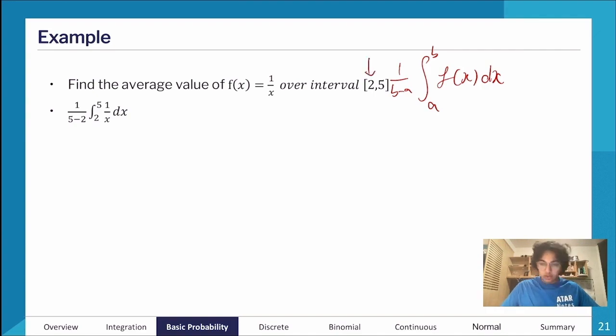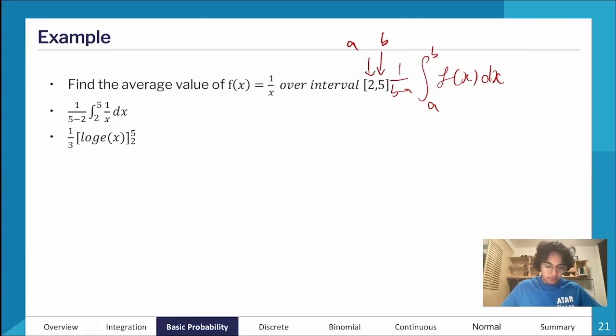So maybe even in the question when I'm reading it, I'd annotate what a and b are, just so that when I actually answer the question, I'm not missing key pieces of information, and I'm not just randomly putting things in places where they shouldn't be. So I annotate the question, and then I substitute my values in, hopefully correctly,